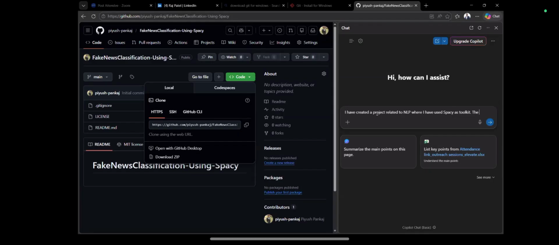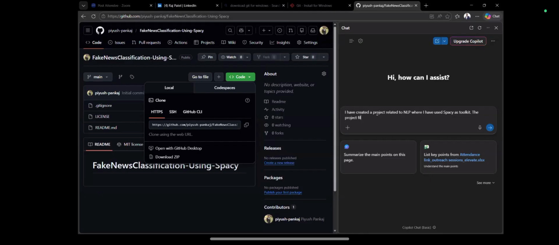The project file is a Jupyter notebook, in which there is a demonstration of. Now what I'm trying to do is put all these things in a small summary so that I can get the content for the readme file, this file over here that you can see.